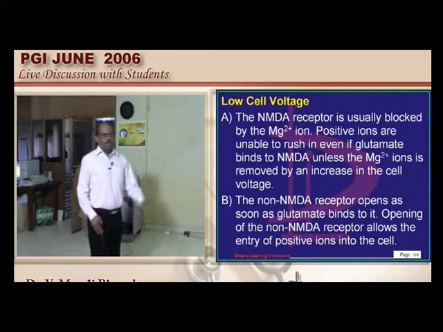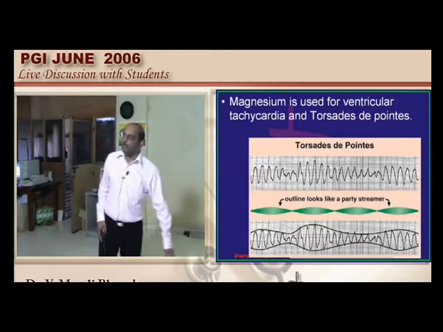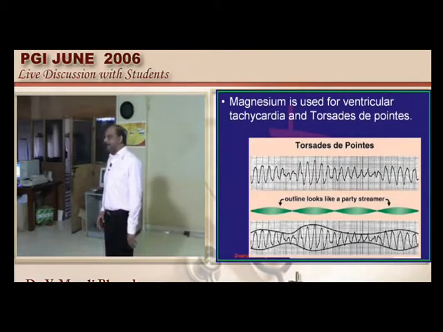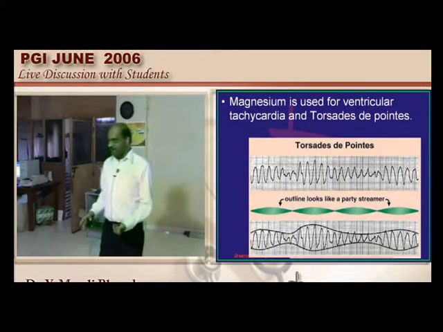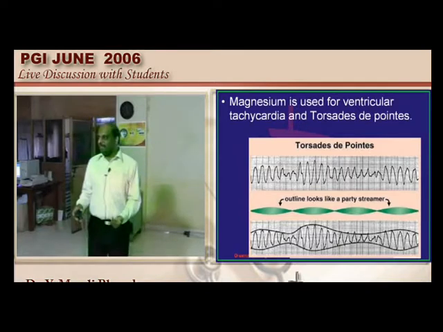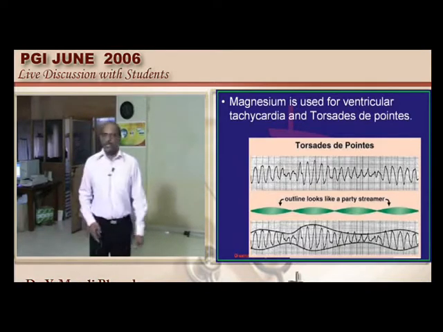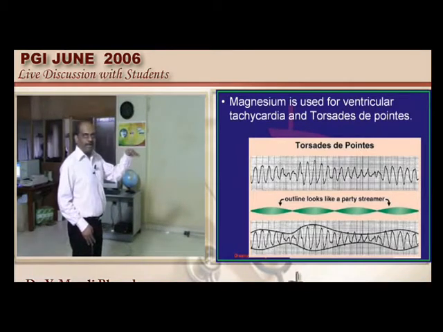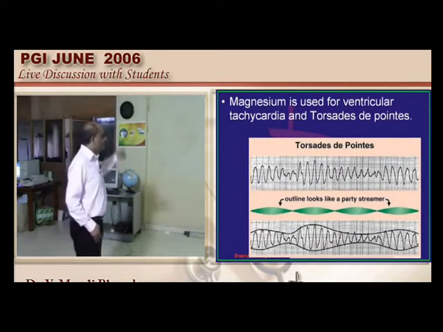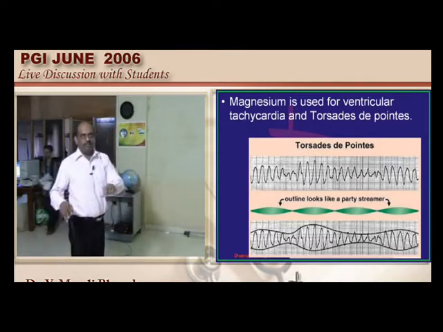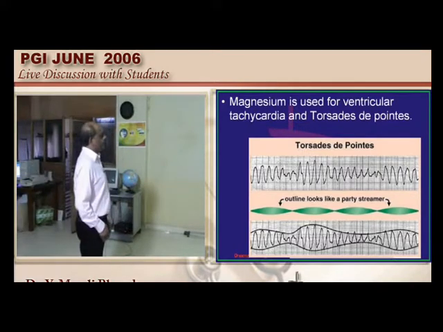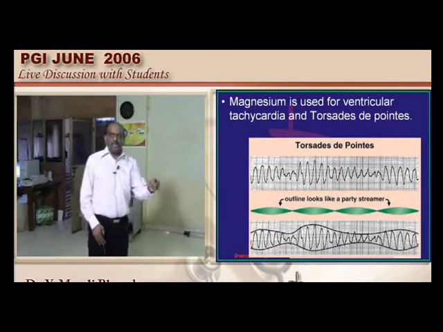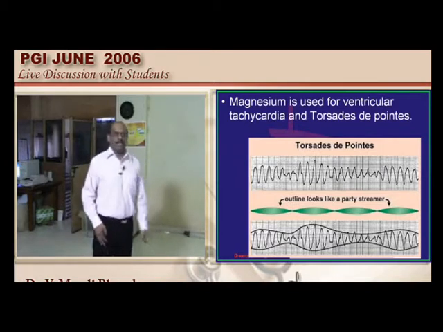Now magnesium is also used in another important arrhythmia. What is it called? Torsade de Pointes. Is it tachy or brady? Tachy arrhythmia. It's an example of a VT, polymorphic ventricular tachycardia it is. So typically you don't find a similar morphology throughout the arrhythmia, polymorphic it is. It twists like a wave, that's the reason it is called torsade de Pointes. Giving magnesium is one of the important things that need to be taken care of.